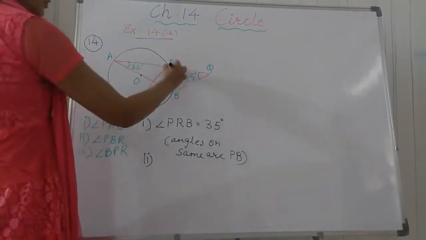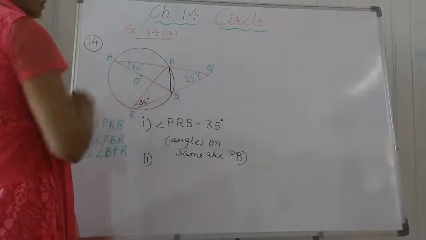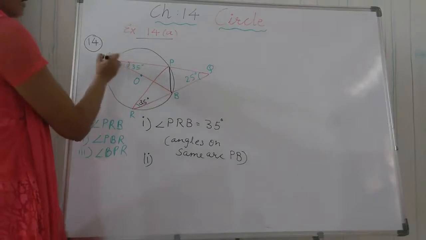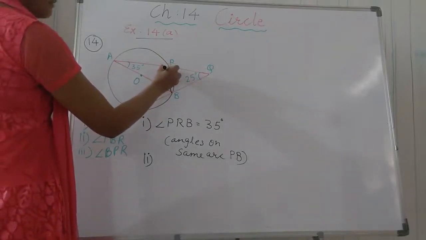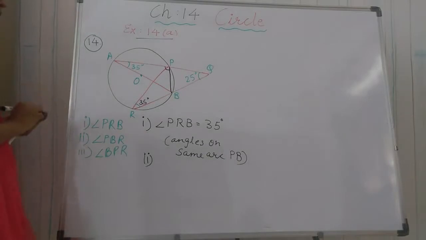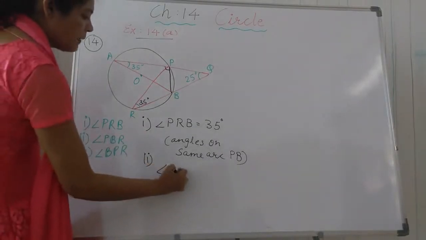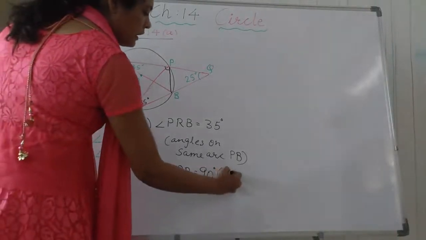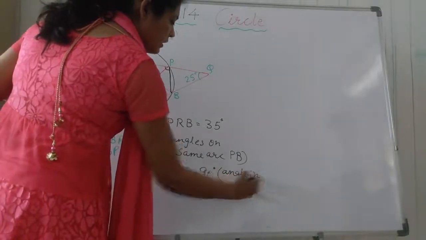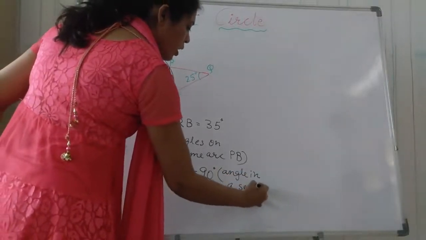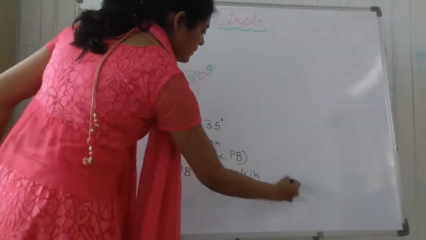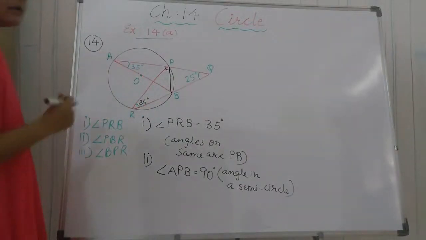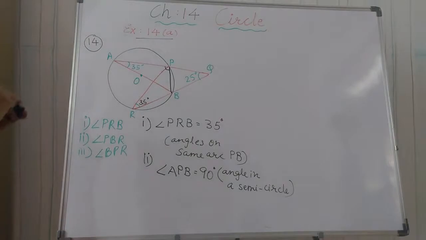PBR. So here we need to draw a straight line, students, like this. So now you see this is the semicircle. This part is the full semicircle and APB is the angle in a semicircle. So it forms 90 degree. So let me write here first, angle APB is equal to 90 degree because angle in a semicircle. Always, students, you have to check where you get the semicircle. Is this the center? Is this the diameter? You have to check all these things to get the solution.